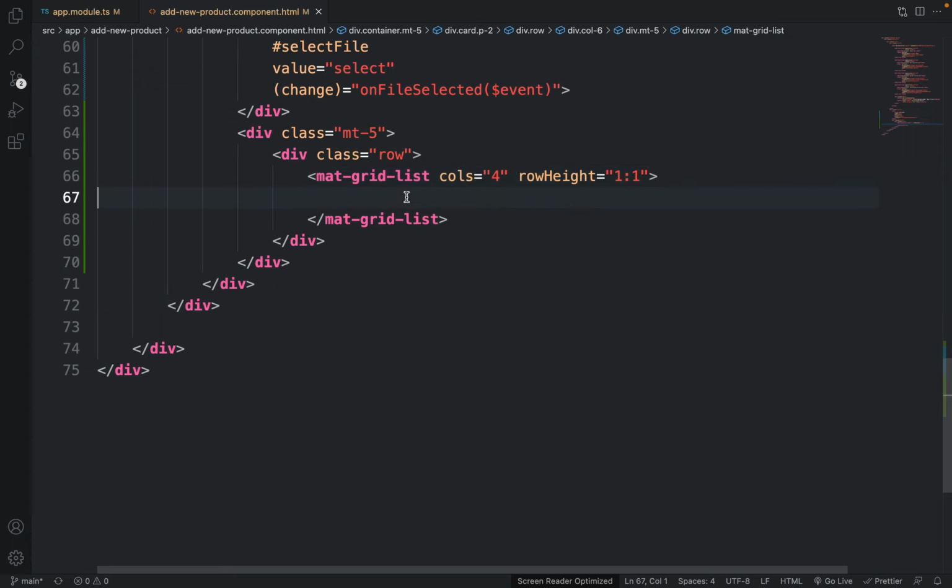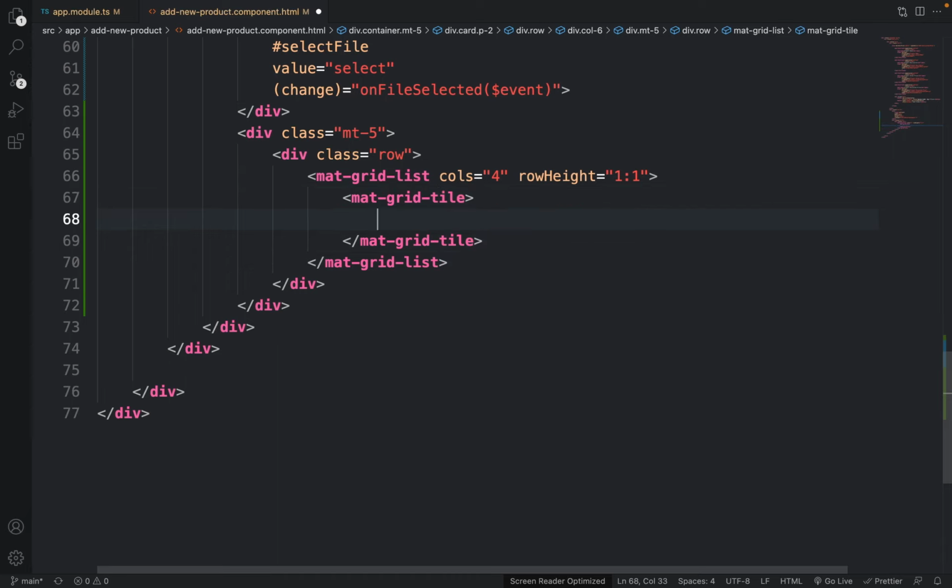The next thing is inside this mat-grid-list, we have to use a mat-grid-tile. So let me just use mat-grid-tile, like this. This mat-grid-tile we have to use multiple times, because we have to show multiple image previews. It might be 4 images, it might be 5 images. So that's the reason we have to use an ngFor as well. We have to use an ngFor for this mat-grid-tile. So let me just use *ngFor